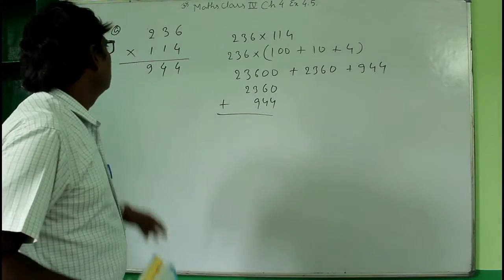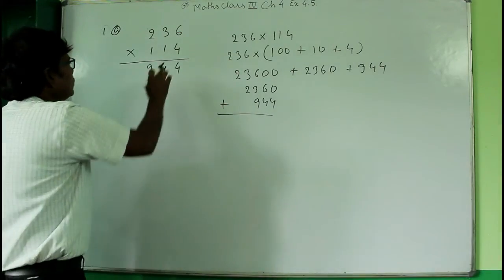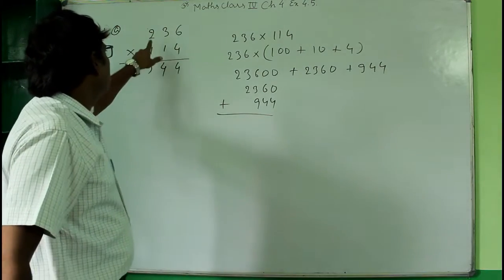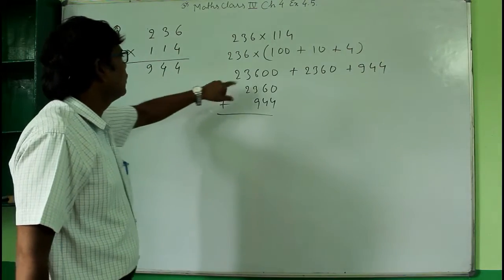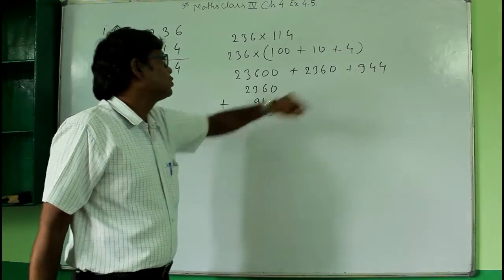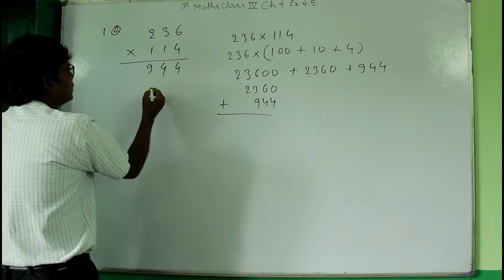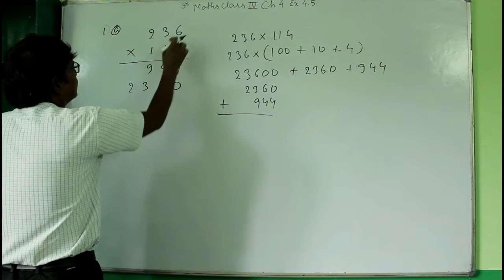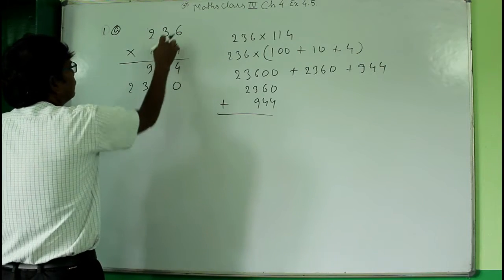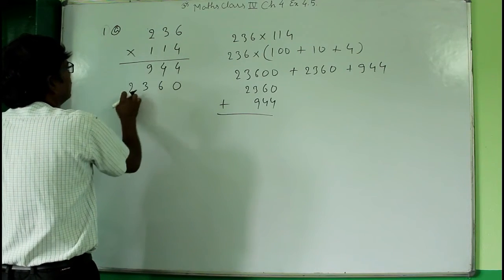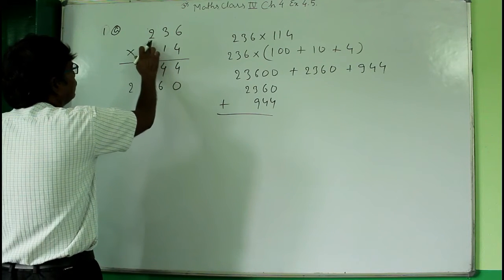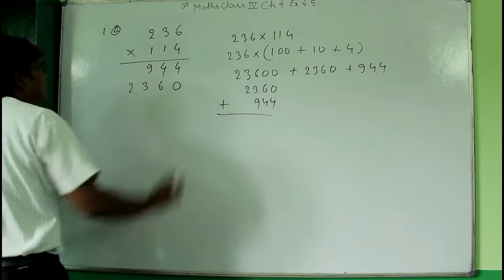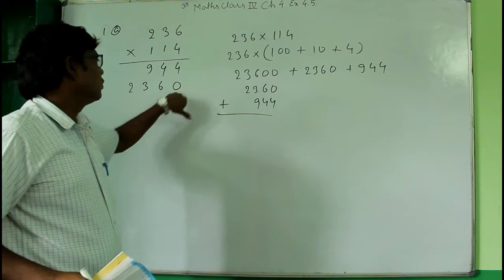So this is what here we will do. So here I have already multiplied this with this 4. Now you will multiply 236 with 10. So what will you get here? You will get this 2360 here. Here 6 1s are 6, here 3 1s are 3, here 2 1s are 2, and because first you will multiply 236 by 1, so you will get this, and then because 1 is at the tens place, that is why here there will be 0.